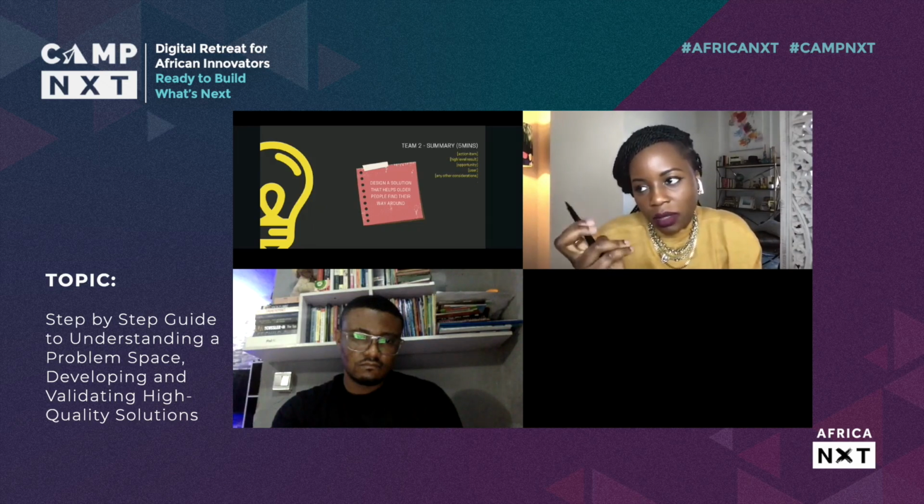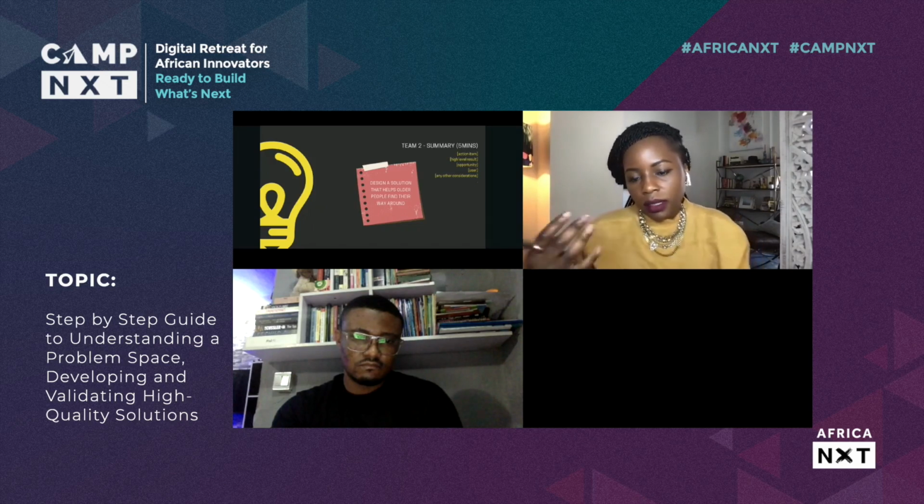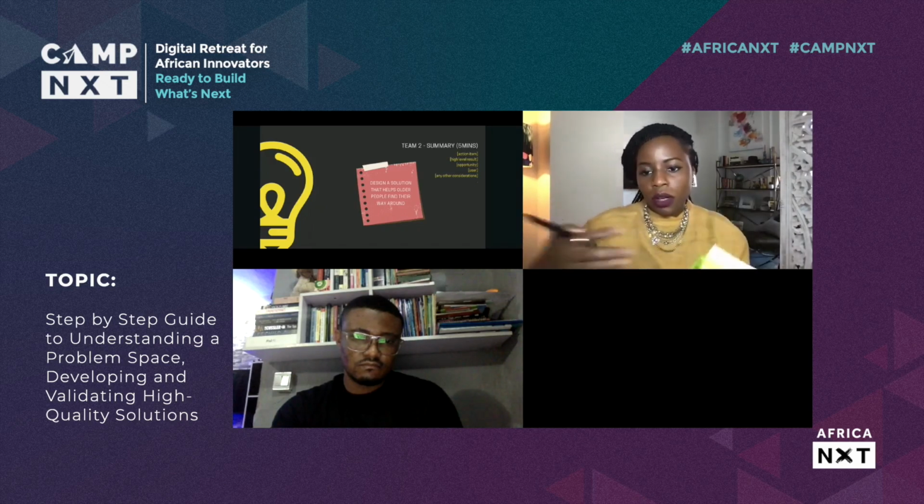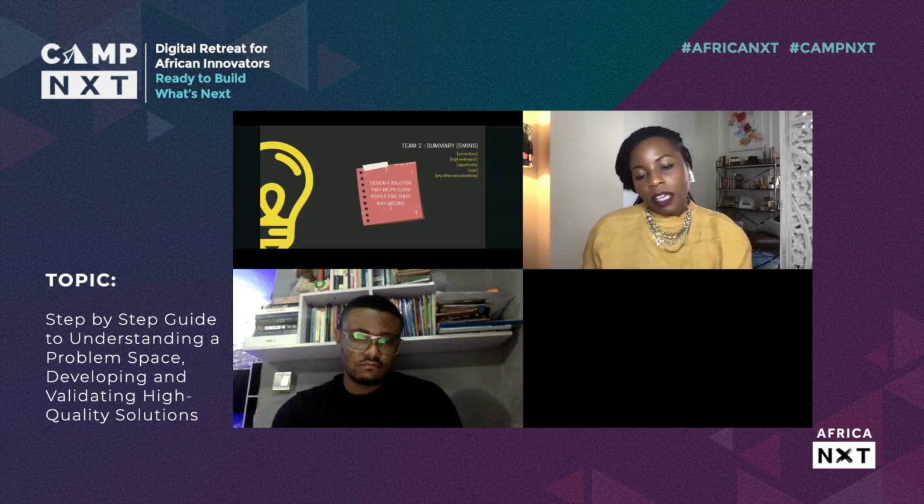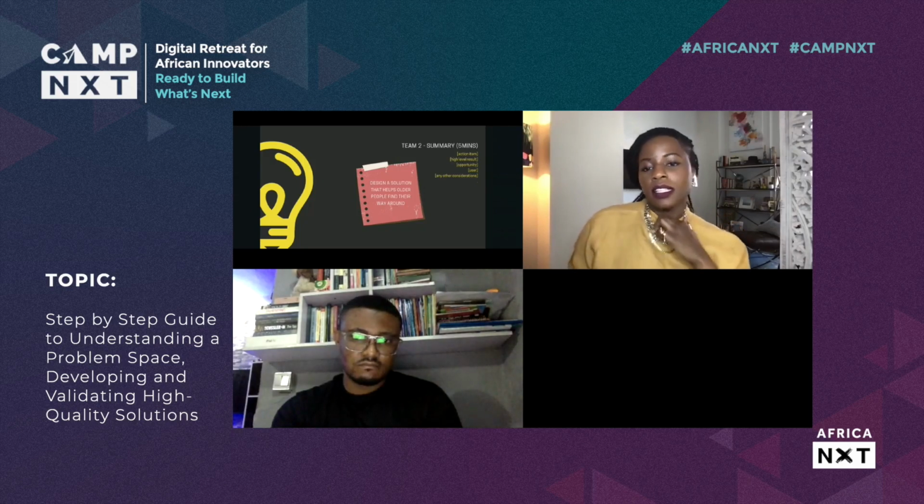In that sense, it has to be able to integrate with other existing devices. Is that correct? Yes. And then safety is also a big consideration for you. Yes. Okay. Cool. I think that's great.